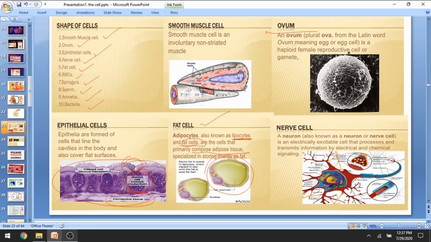Ovum, which in Latin, the plural is ova, is mainly an egg cell. So they are haploid in number. Haploid means they have a single set of genetic material. As I mentioned in my previous video, that genetic material is defined as n. N number of chromosomes is present in genetic material, so it is defined as n. It means only one set of genetic material with particular DNA.